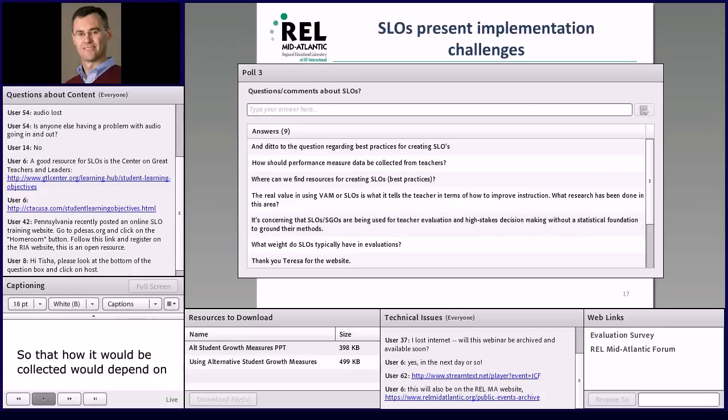What weight do SLOs typically have in evaluations? That is very often determined by state and district policy, and it varies in different places. Some states give a lot of local discretion to school districts to determine how much weight that's going to be. Other states don't. A fairly typical practice is to say the SLOs will have, in non-tested grades and subjects, whatever weight that value added is supposed to have in tested grades and subjects, but